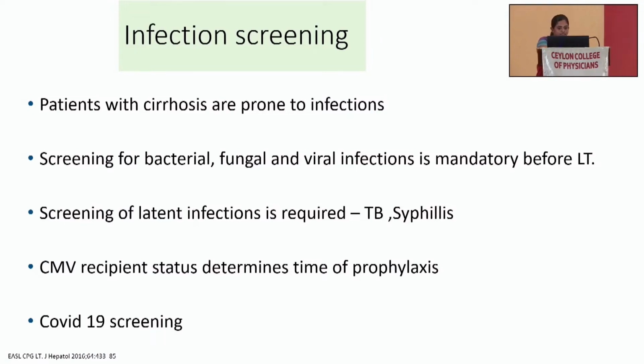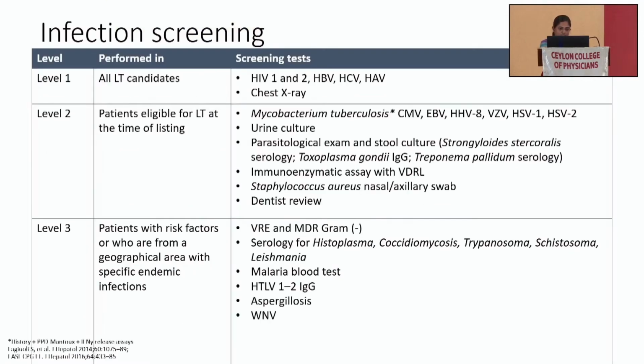We also need to screen for latent tuberculosis, and the cytomegalovirus status also needs to be determined. In this setting, we need to screen for COVID-19 as well. There are no data saying end-stage liver disease patients have a significantly increased risk of COVID-19, but they may, because we know COVID-19 has a high preponderance for the ACE2 receptor, which is common in the liver and the biliary system. So they may have an increased risk and need to be screened.